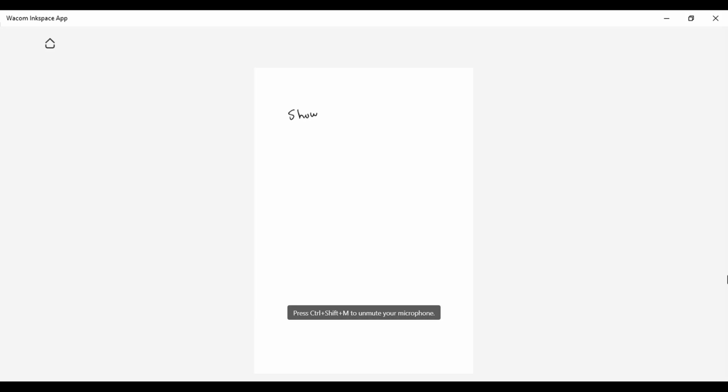Show whether negation P to the Q is a tautology, a contradiction, or a contingency. How are you going to perform it?